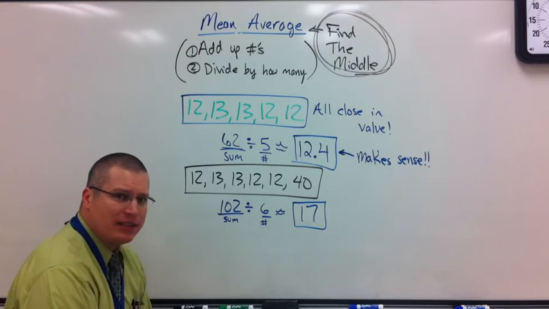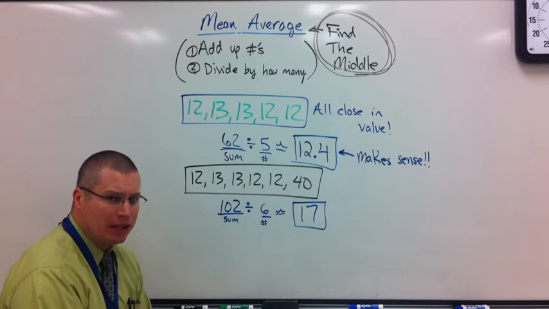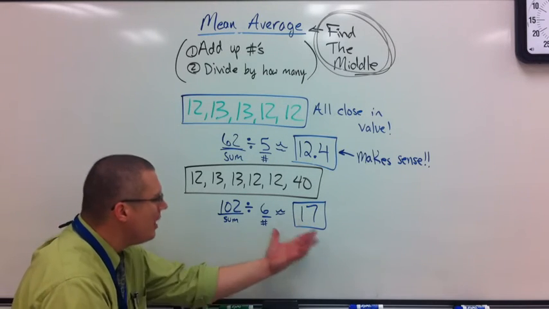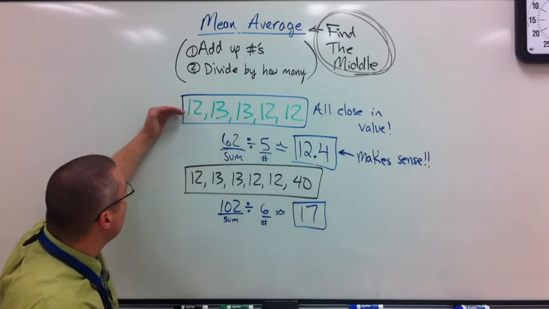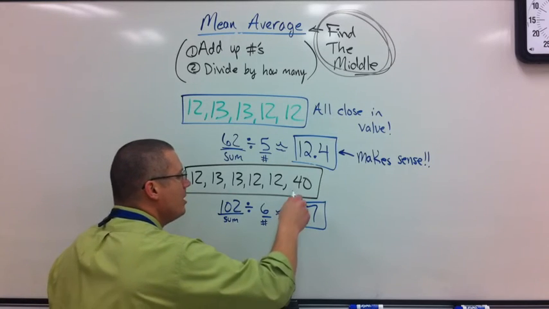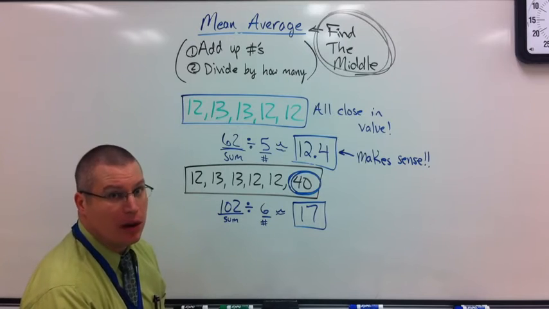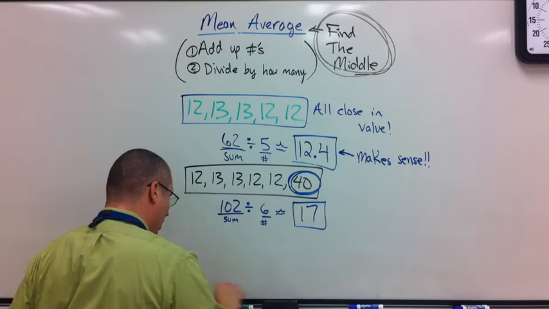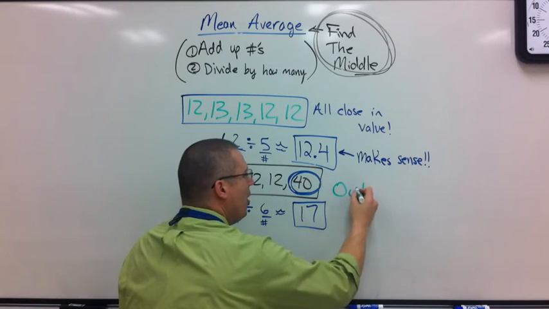If it does make sense, that means on average, most of you are driving legally. I don't think this makes much sense. This makes sense, this doesn't. What's the only thing that's different between this list and this list? Me. Why is this one number so different? Well, what do we call a number that's a lot higher or a lot lower than everything else? It's an outlier.